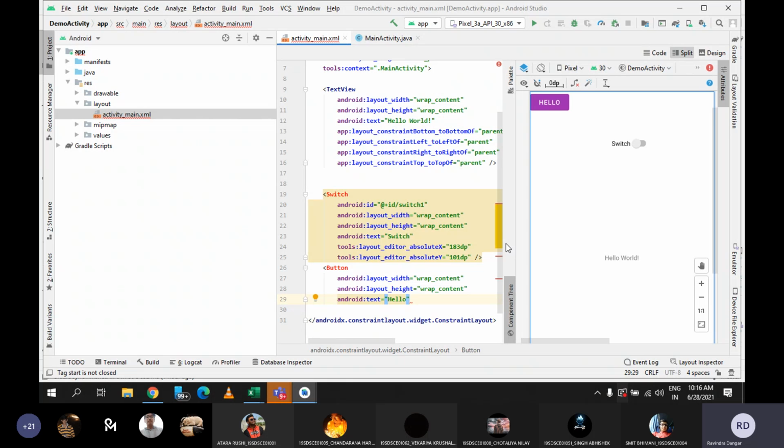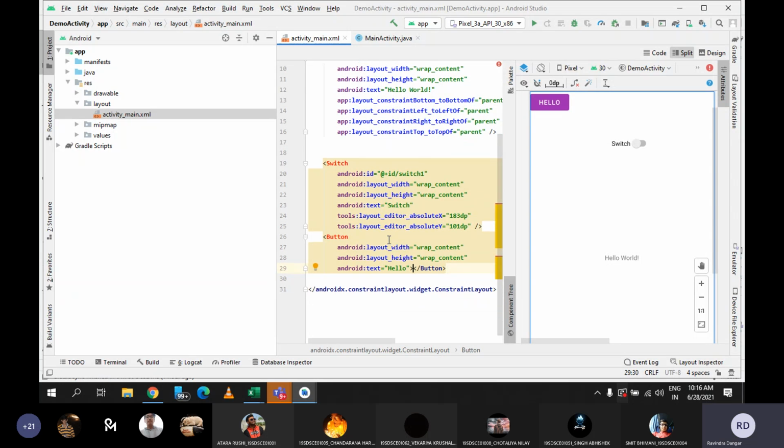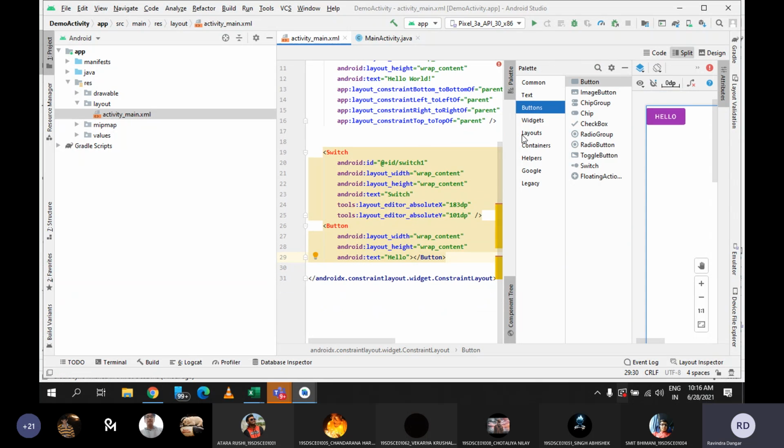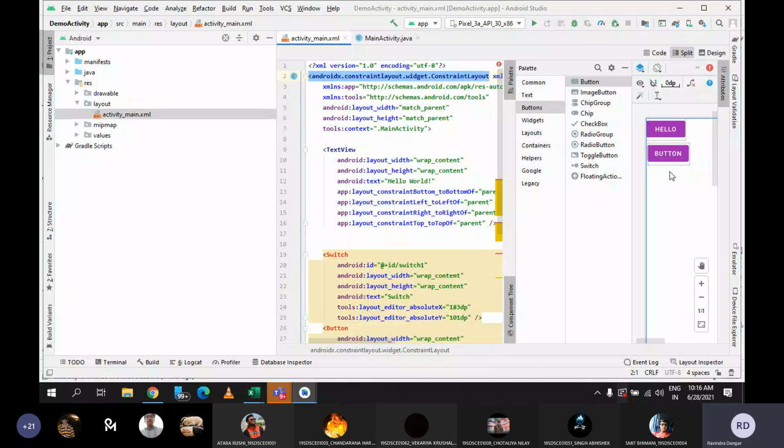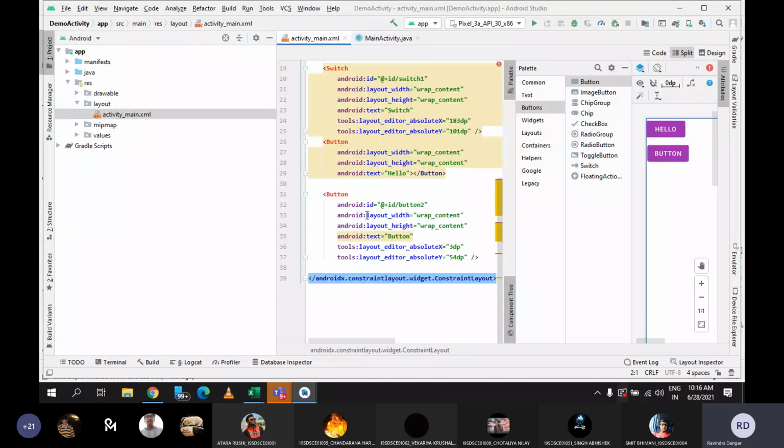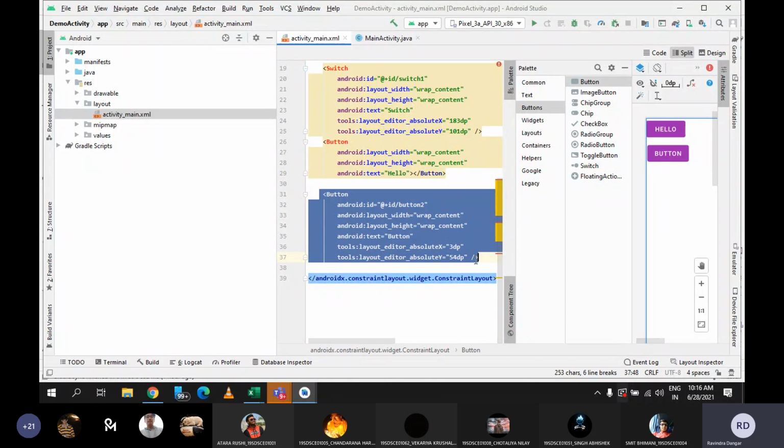You can see, whatever code I have written here, accordingly in the design view it shows the button. And if you don't want to write the code, then you can simply select the control from here. Let's say I want one more button, you can just drag it and drop it here. तो उसका भी कोड है यहाँ पे, आप देख सकते हो, और जो बटन वाला कोड है वो यहाँ पे दिखाई दिया. Clear? So this is how you can use this layout file.